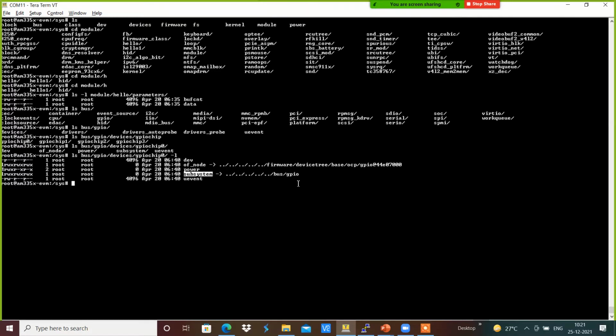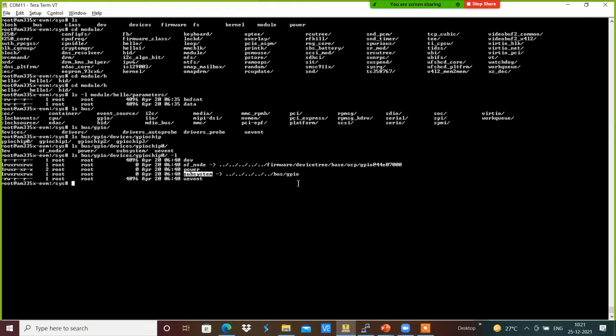symbolic links between the multiple files, so we can search for and access the kernel information by traversing through the bus, or through the devices, or through the classes of devices.